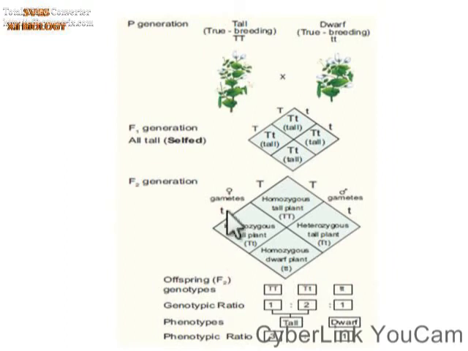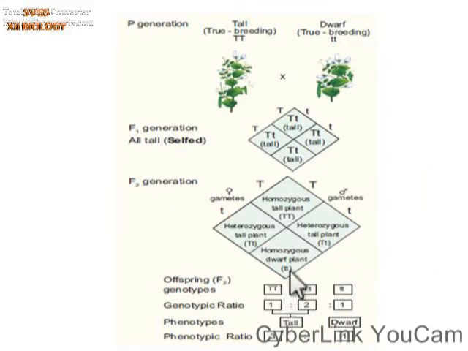Here is the Punnett square, showing the probabilities Mendel worked out for making a cross. In the parent generation he took a tall plant and a dwarf plant. The tall plant has the dominant allele, represented by capital T, and the dwarf plant has the recessive allele, represented in lower case, small t. In the F1 generation, if these two are crossed, these are the probabilities. The cross multiplication of these two gives different combinations of capital T and small t. When it is self-crossed, in the F2 generation, these are the possibilities.